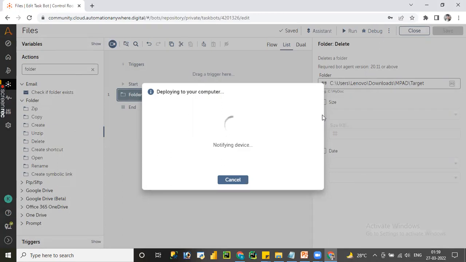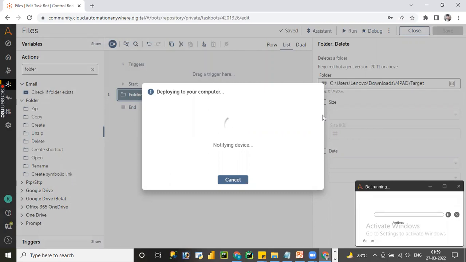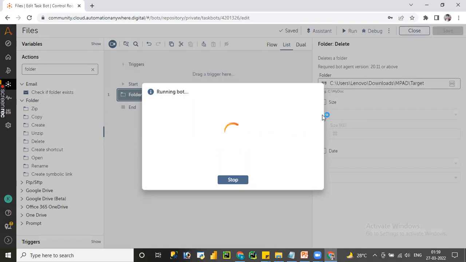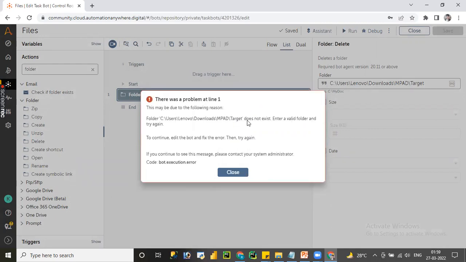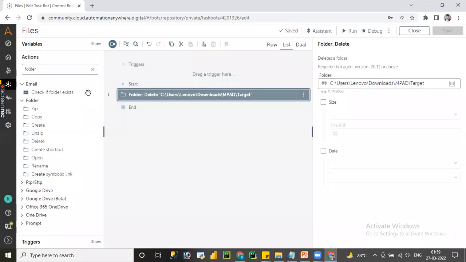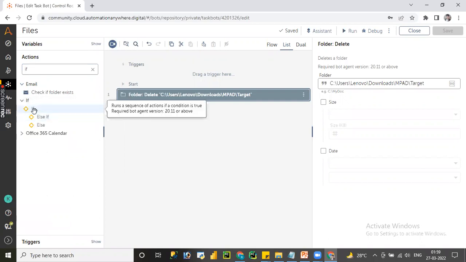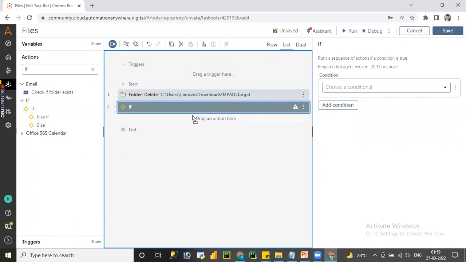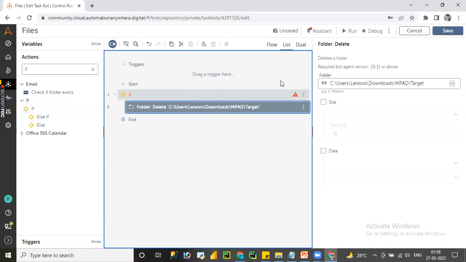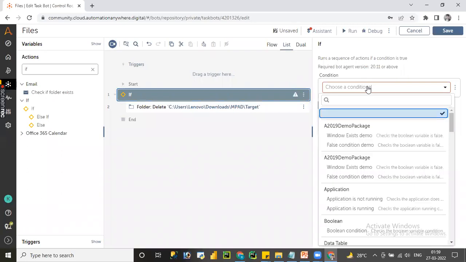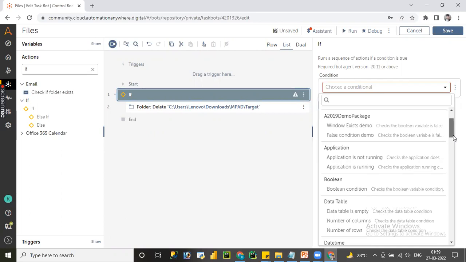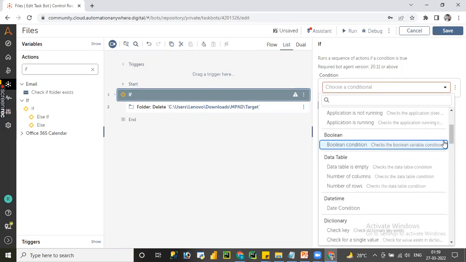To avoid such kind of error, in a real-time scenario, we need to handle error handling, or else we need to use if conditions. In the upcoming sessions, we are going to learn error handling. You can see the target folder is not available. So what we are trying to do is use an if condition. You need to drag and drop the if condition, and on the right hand side, you can see the drop down. In the drop down, you can use different conditions for different packages,